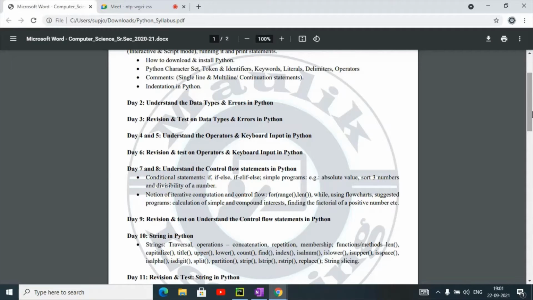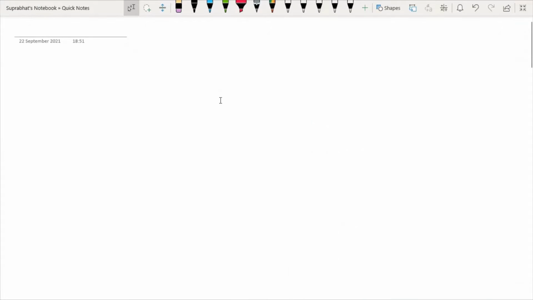So yesterday we had discussed two methods: one is the find method and the second one is the index method. Both are used to find a particular string at a particular position. So I am asking one question: what is the difference between find and index method, because both are working the same? What is the difference between them? Anyone has an idea?